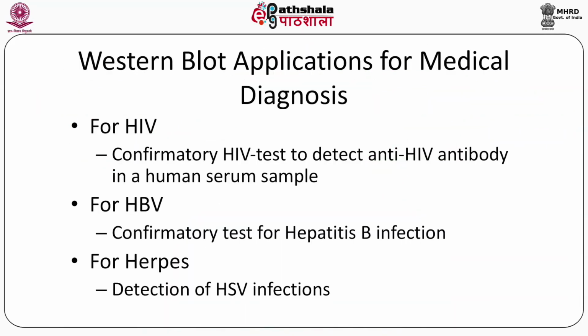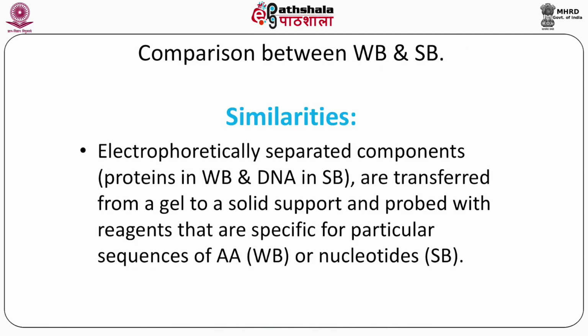So the application of the Western blot is mostly in medical diagnostics, for detecting HIV infections during HIV viremia. We can have an antibody against an HIV antigen protein and detect whether an individual has HIV or not. Just take the serum of that individual, use gel electrophoresis to separate it, transfer it to a membrane, and then probe it with anti-HIV antibodies. The same goes for the different hepatitis viruses or for herpes, so any kind of infectious agents. For diagnostics, this is one of the very confirmatory and gold standard methods to identify the different proteins.